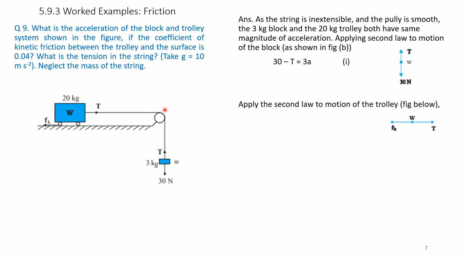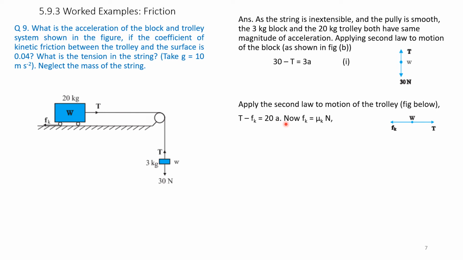Now we will have the free body diagram of the trolley. Fk is acting leftwards, as shown here, and the weight W is here. T is acting rightwards, because the string is pulling to the right side. Here W is 20 kg. Therefore, solving, T minus Fk